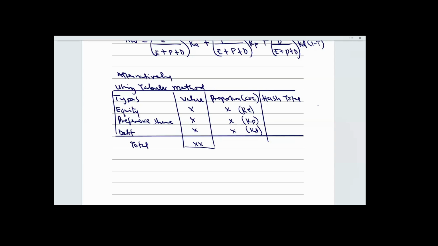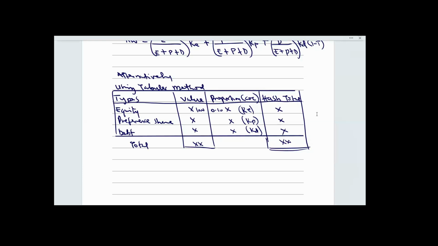Then to now get your ash total, you are expected to multiply together. You multiply the value with the proportion. Let's say, for example, cost of equity is 10%. Whatever you have as your value, let's say you have 1,000 here. This one is 10%, this is 0.10. Therefore, 1,000 multiplied by 0.10 will give me 100. I'll put 100 here. So that is how you are going to get your ash total. Put this here, then you add everything together.